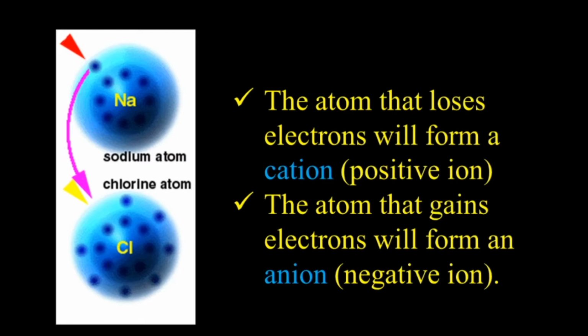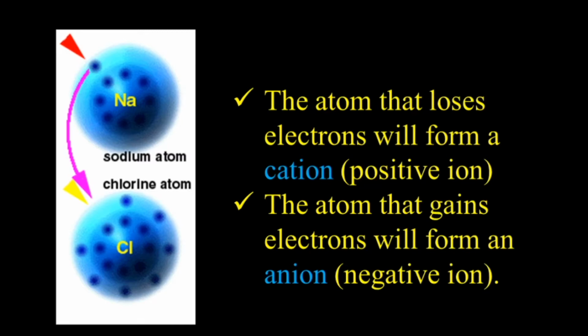Why does the sodium atom gain a positive charge? The atomic number of sodium is 11. If it loses one electron, what about the number of protons and electrons? The number of protons is 11 and the number of electrons is 10. So the positive charge is higher than the negative charge. So the sodium atom automatically gains a positive charge.